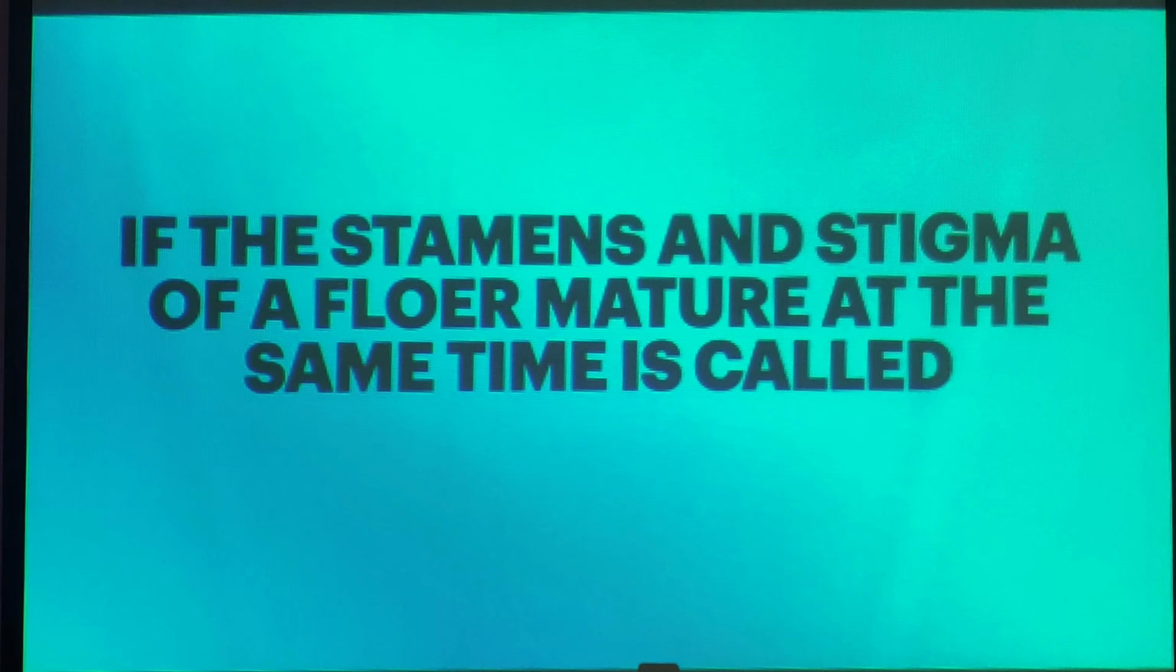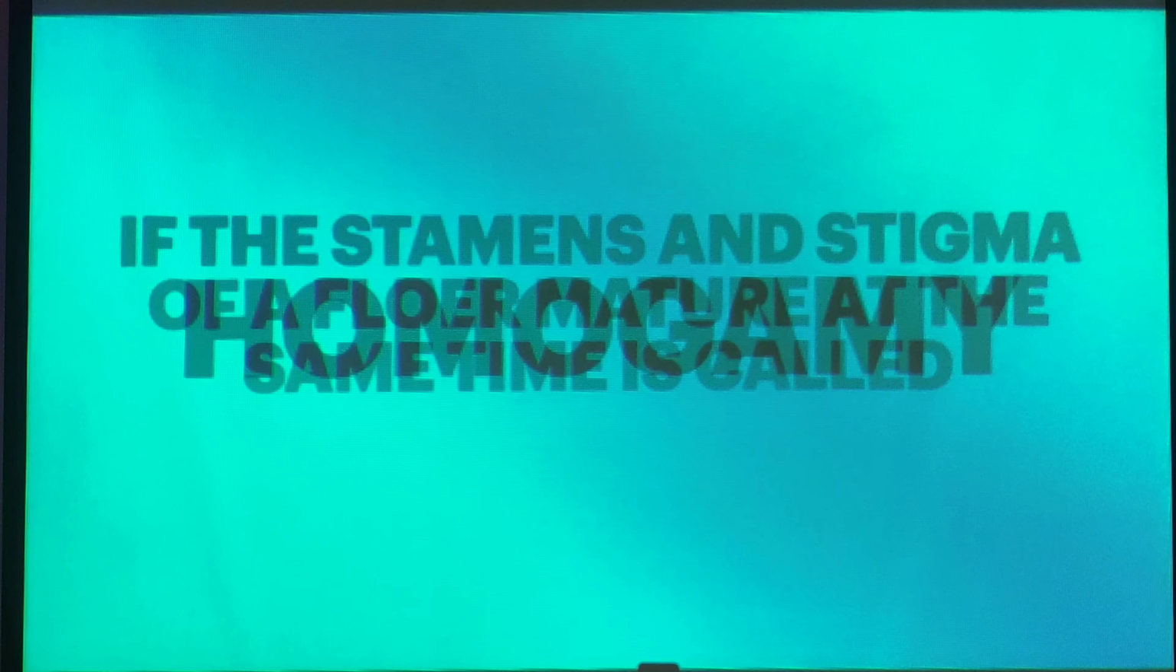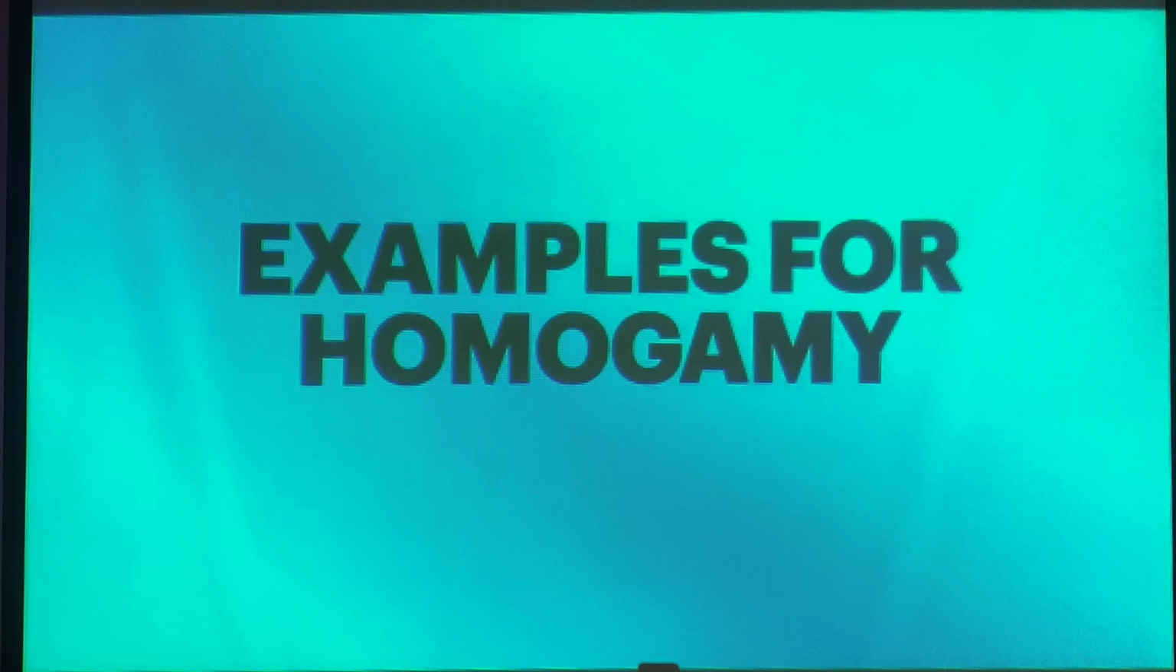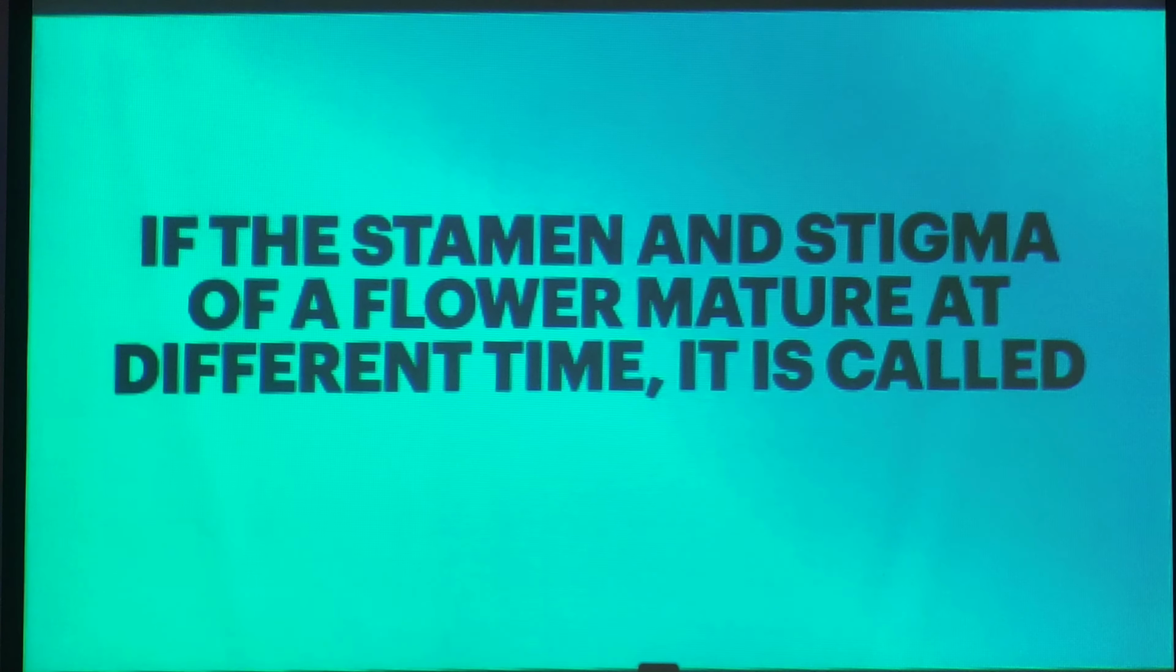Name the type of flowers in Commelina that are dull, cleistogamous and self-pollinated. Underground flowers. If the stamens and stigma of a flower mature at the same time, it is called homogamy. Examples for homogamy: Mirabilis jalapa, Catharanthus roseus. If the stamen and stigma of a flower mature at a different time, it is called